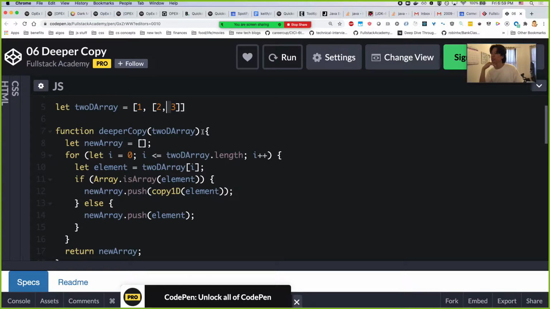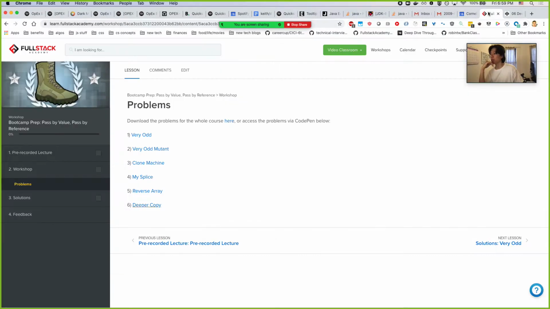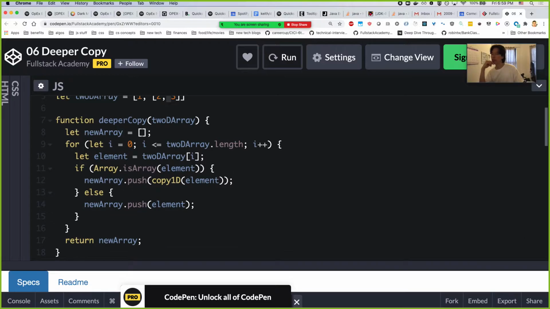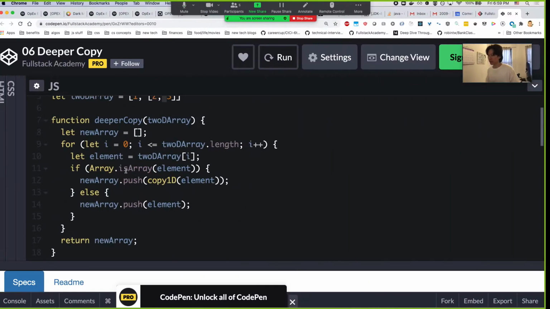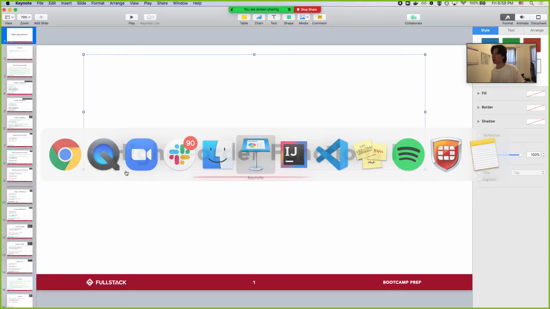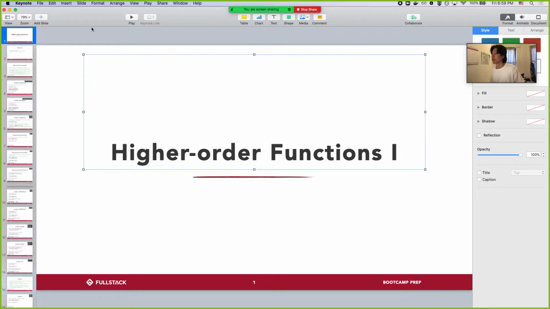Are there any other questions from the problems? If not, then we'll go on to the higher order functions lecture. Where is it? Okay, so